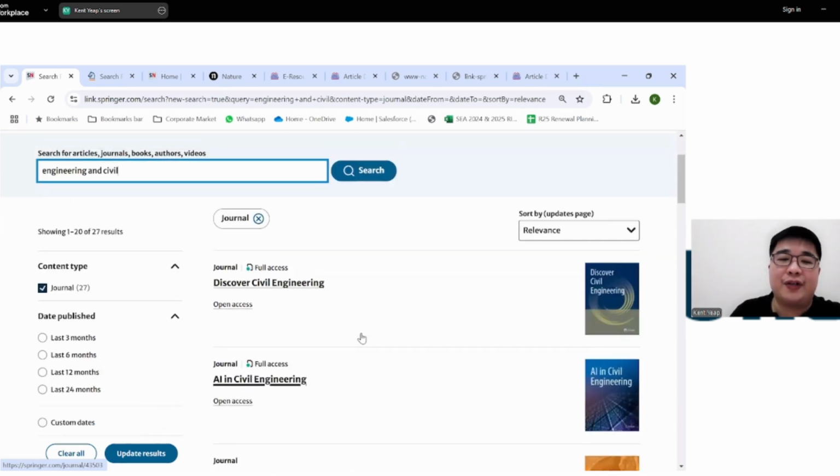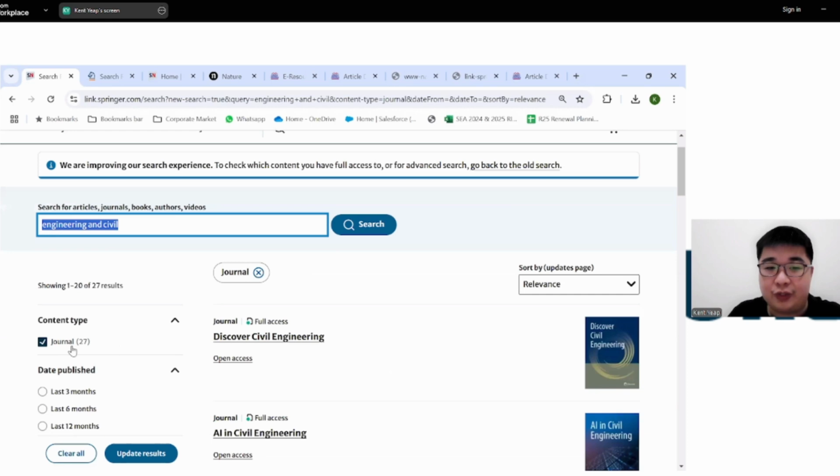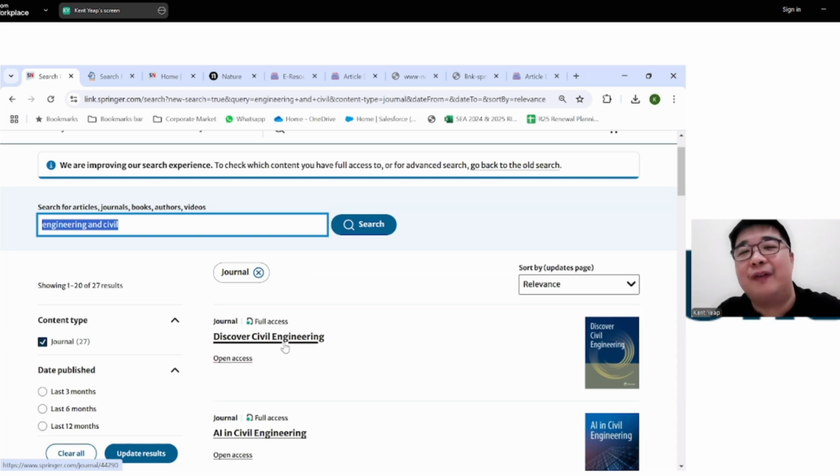When you search at this level, it only searches against the journal name. There will obviously be certain journals that don't spell out the topic the journal is focusing on in its name, and that is the limitation of doing it this way.